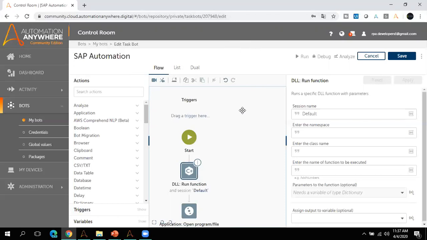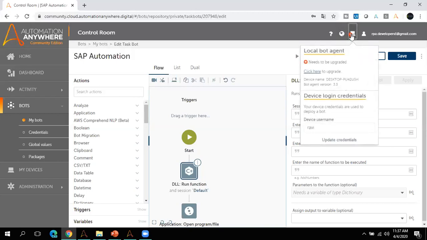After that, it will not run. So what you have to do is download a file. If you see here, once you click here, it will give you the bot agent. In Automation Anywhere A2019, we have a concept called the bot agent. The bot agent is basically an Automation Anywhere enterprise plugin that allows you to create and run bots. So we need to install the bot agent on the device to access the enterprise control room.